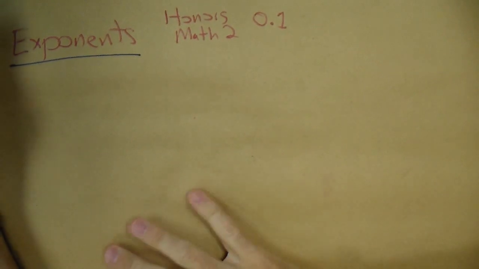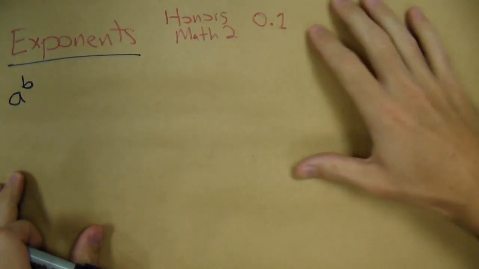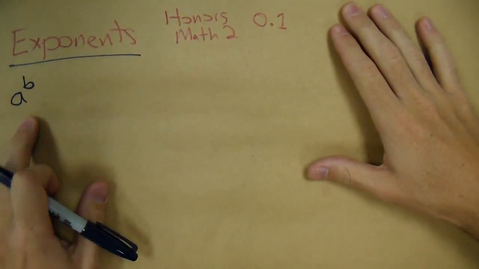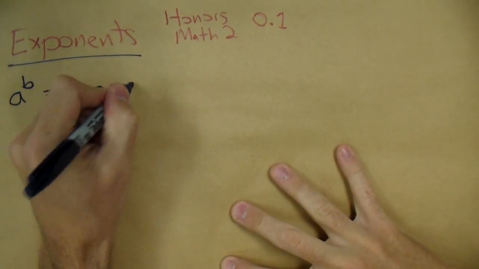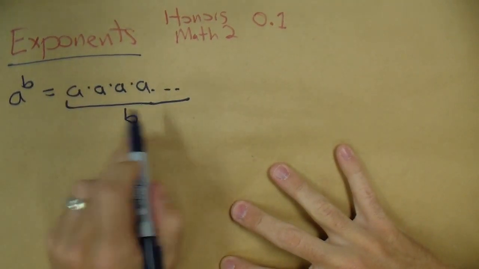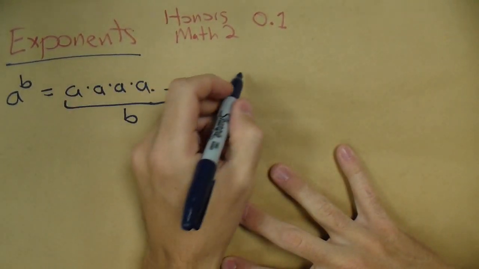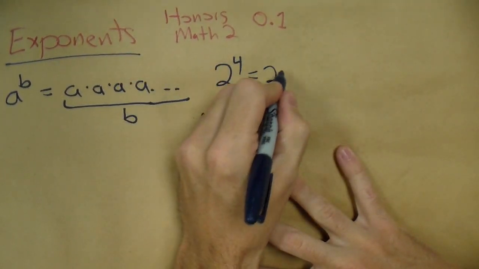For Honors Math 2, in our first section, Unit 0, Section 1, we looked at exponents, and we had some basic exponent rules that we had to look at. The first one is, let's just say what an exponent is. If I have a to the b, or a base of a with an exponent of b, I'm saying that I have b amount of a. So if I said, for example, 2 to the 4th, that would be 2 times 2